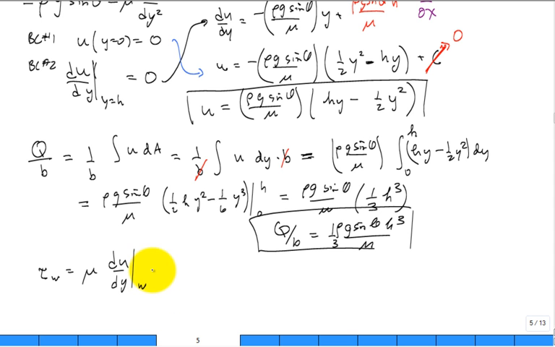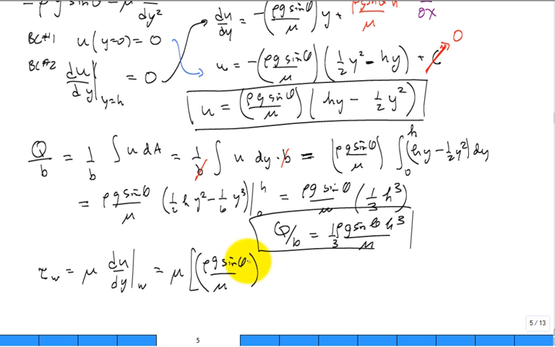Actually, you just take the analytic solution, differentiate it, and multiply by mu. So here's the analytic solution. So we're going to get the rho g sine theta over mu. Derivative is going to be h minus y,